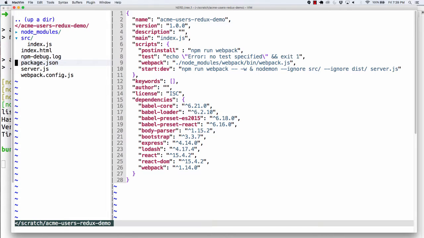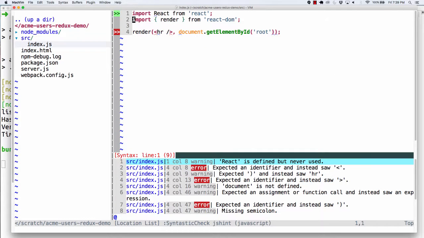Let's take a look at our index file. Okay? We're actually going to do something a little bit different here. What we're going to end up doing is that instead of importing render from the React DOM, actually when we use our router, I'm not even sure we end up needing the React DOM. We're going to end up importing our routes from /routes. Okay? So the import is basically going to look for this file, and we're going to want to do something like